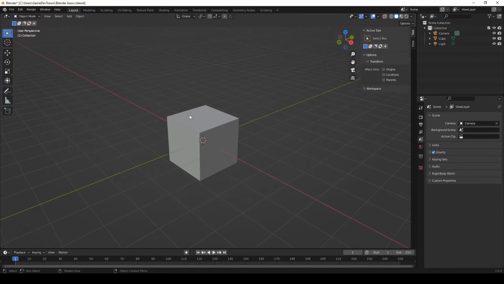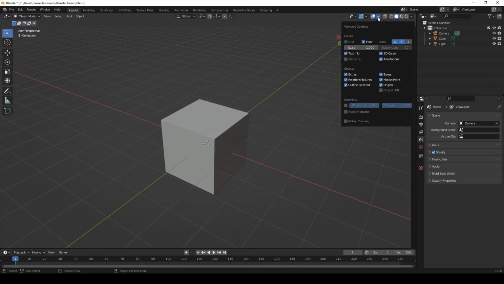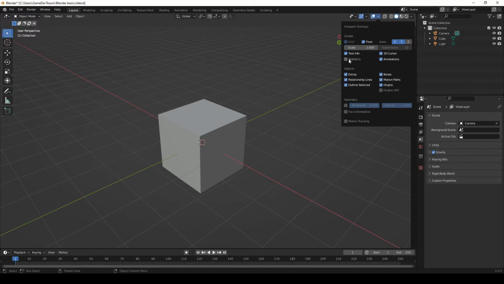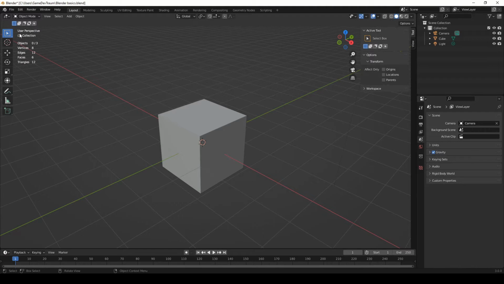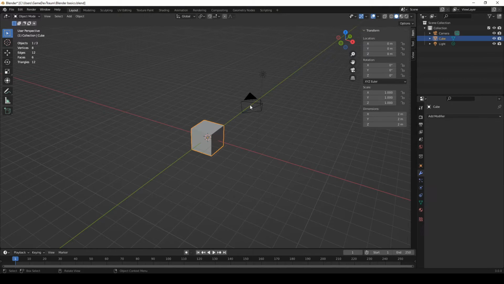If we want to know the amount of vertices, edges and faces in Blender, we can come to this icon here, which displays the window with the viewport overlays, and here we activate the statistics checkbox. This checkbox shows us information of what we have in the scene. The amount of objects, here it's indicating 0 objects selected from 3 objects in total, the cube, the camera and